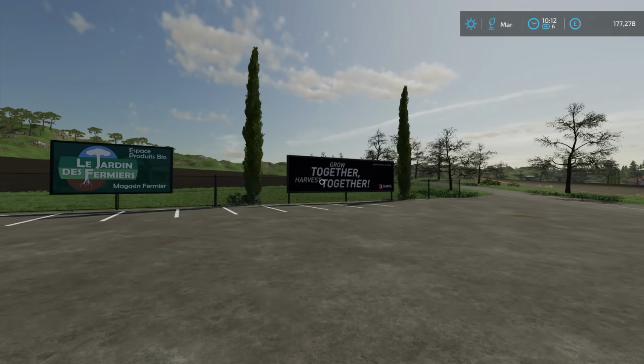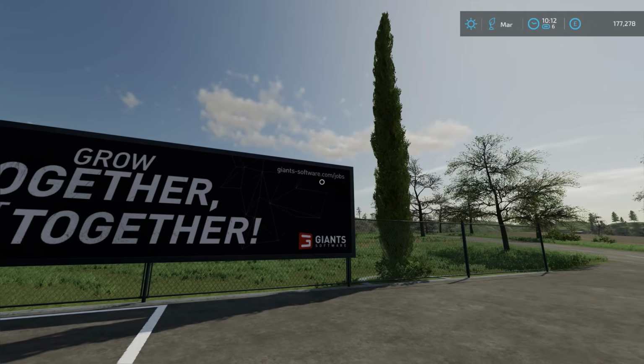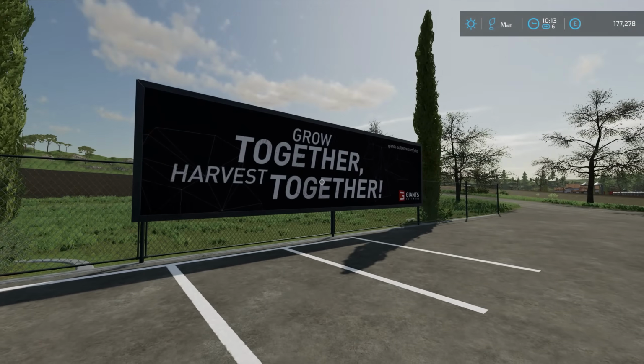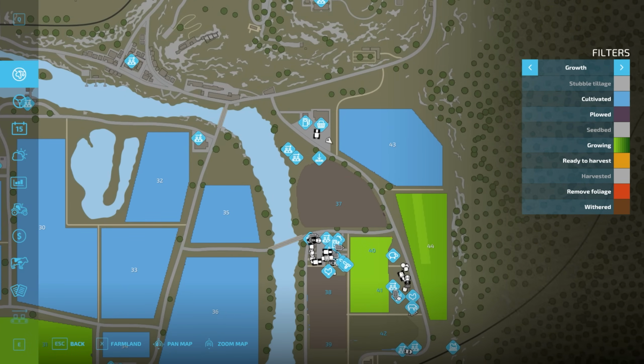Grow together, harvest together. Nice. That is a job application banner. In fact, these have been updated, haven't they? I like that. So if we need to sell...